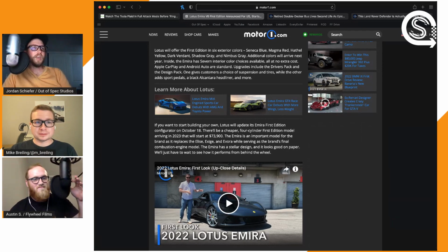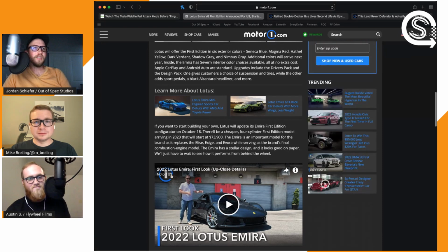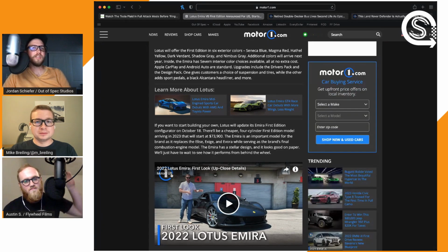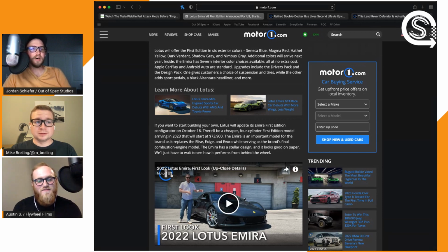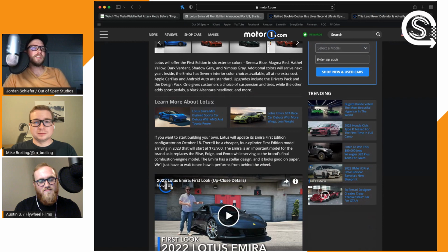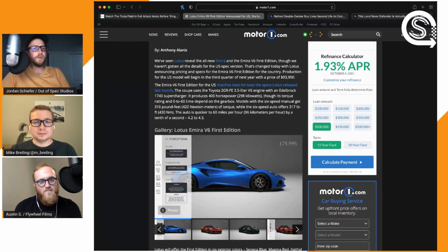I can't wait to see these on the road. And one of the things that pulls me towards Lotus so much is how little you see them. Like I am so bored of seeing Lamborghinis. It's just like, oh, another Aventador. But I see a Lotus Evora from like 10 years ago, and I get so excited because they're so much more rare. So I can't wait to see these things in person,